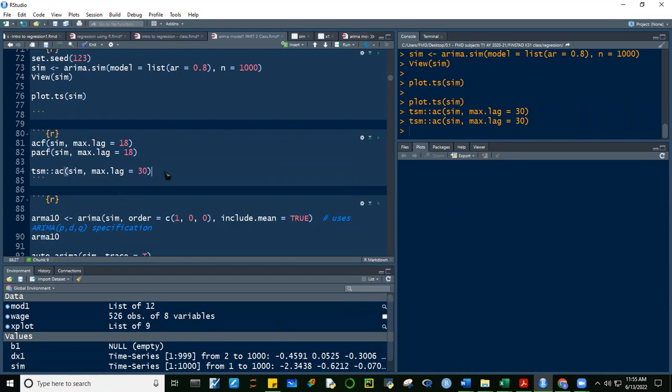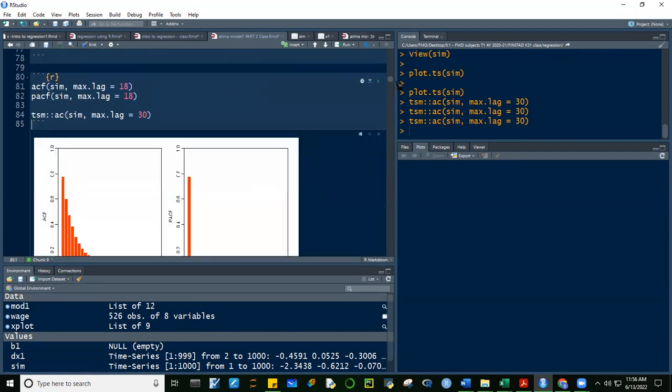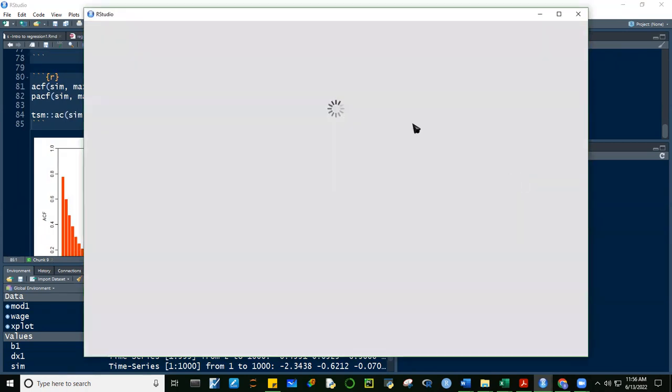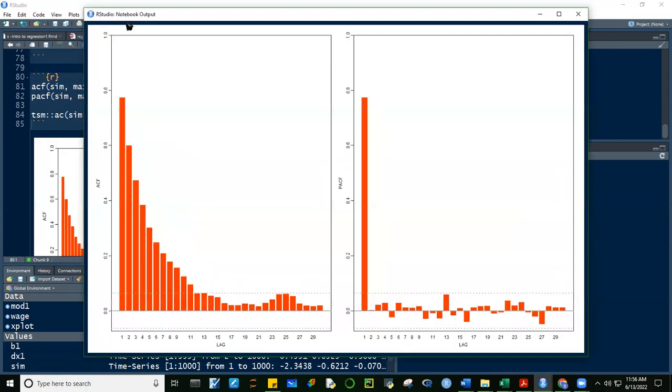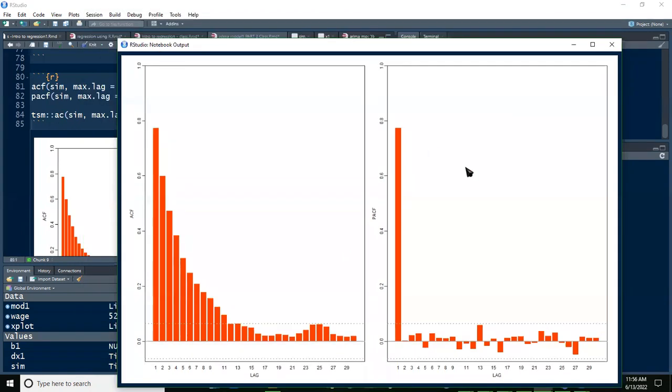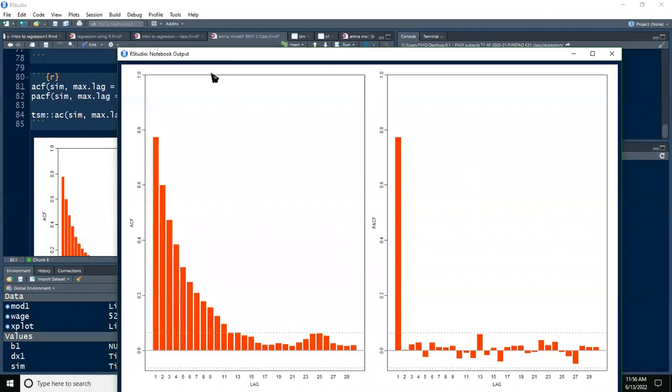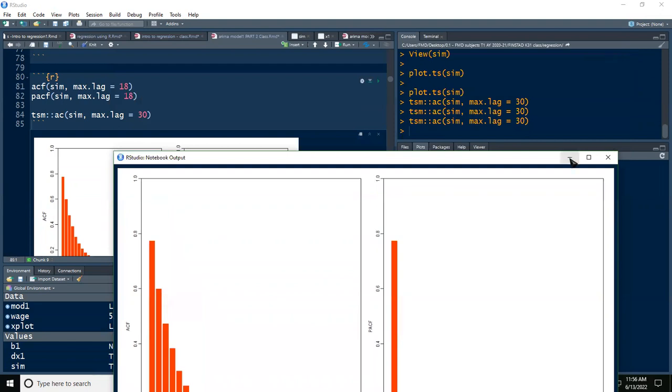Okay, bakit hindi siya nag-run? Yan. Yan, kailangan idalawa. Okay. Take a look at this, guys. Ito yung sinasabi ko sa inyo kanina. Di ba nag-simulate tayo ng AR1 process? Di ba? How do I know na AR1 siya? Yung model natin. Di ba?